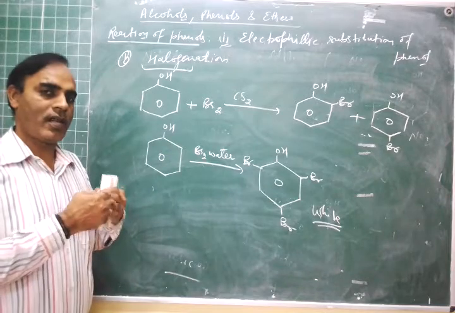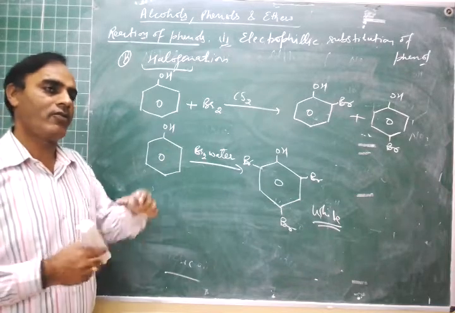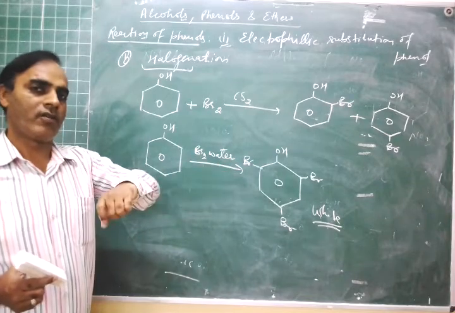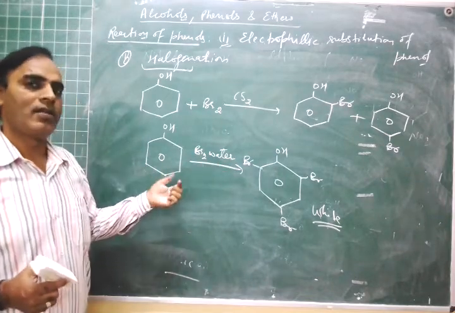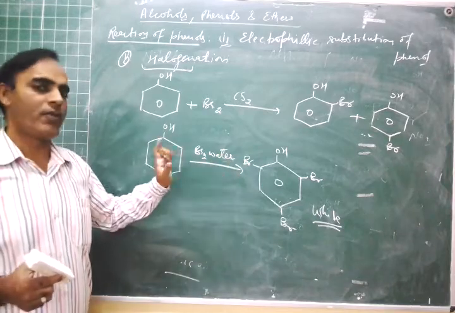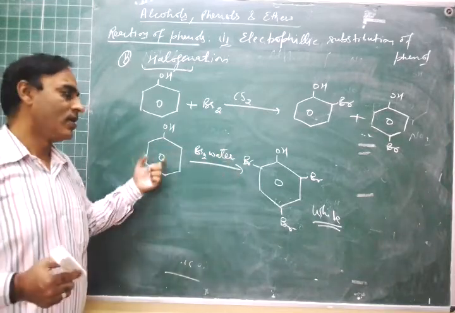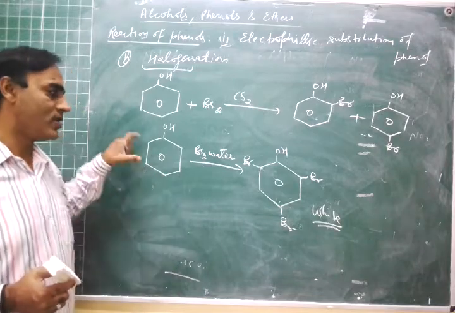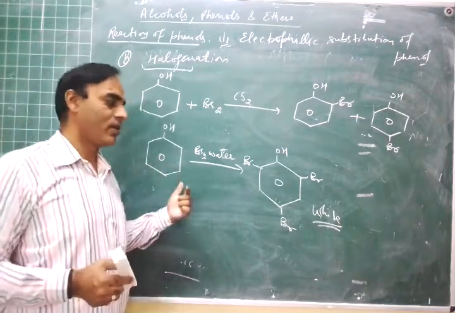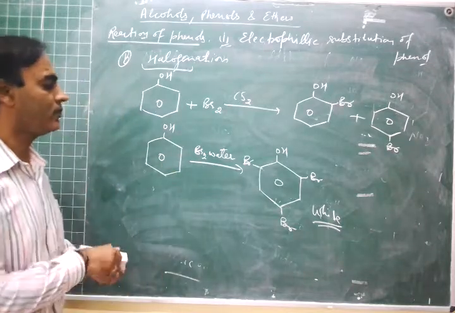Suppose in a test, that is in a distinguishing test, we have to identify an alcohol from phenol, then we use this type of test: phenol reacts to form a white product, whereas alcohol does not react with bromine. So this is used in distinguishing tests. This is a question of distinguishing tests also, so you should keep it in your mind, right?